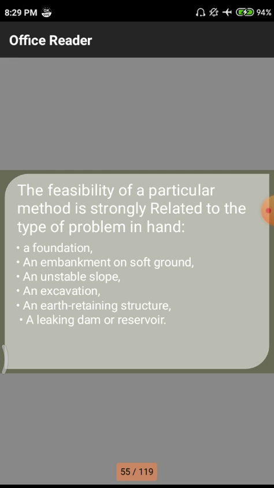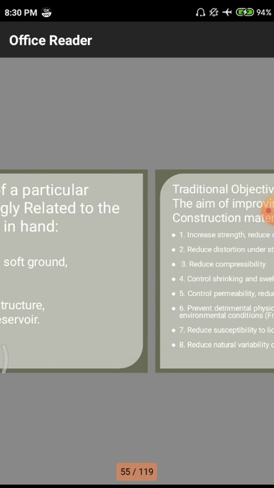Next one is a leaking dam or reservoir. That means if there is any leakage in that particular dam or reservoir, we have to take some precautionary measures. Suppose the dam is at full capacity with water, and there is a leakage in the dam. We need to divert the total amount of water into a partial structure, so that up to a certain limit the water is stored in that particular reservoir or dam. After that we need to divert that water into canals and other fields for agricultural purposes, drinking purposes, and other urbanization works also. These are the feasibility measures we have to use in particular construction measures.